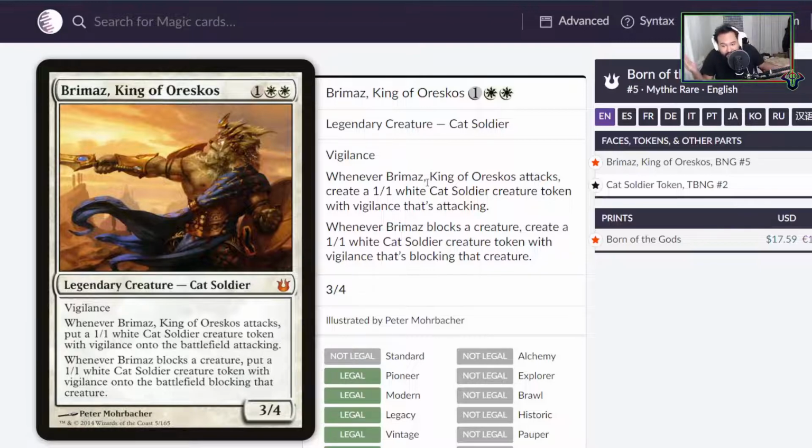It's good. It's a 3-mana 3/4 with Vigilance, and when you attack with it, you get a Vigilance cat, and when you block, you get a Vigilance blocker. This thing blocks functionally at 4 power. This thing attacks functionally at 4 power. And they have Vigilance, so they get to stick around. Is great. Maybe there's a soldier sub theme. I'm not entirely sure, but still,